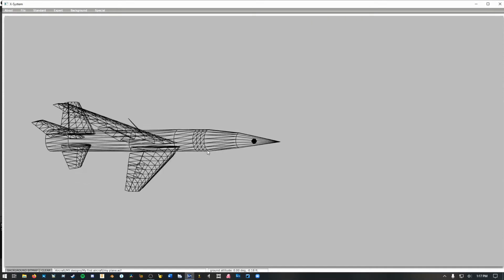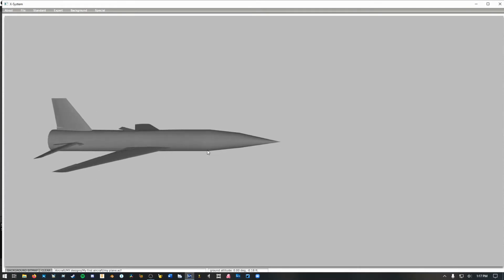In today's video, I'm going to go over how to modify weight and balance properties of your aircraft, and also how to create and modify landing gear. So without further ado, let's get right into it. So the first thing you're going to want to do is bring up your aircraft in PlaneMaker,